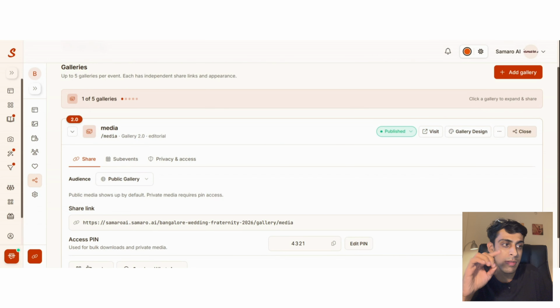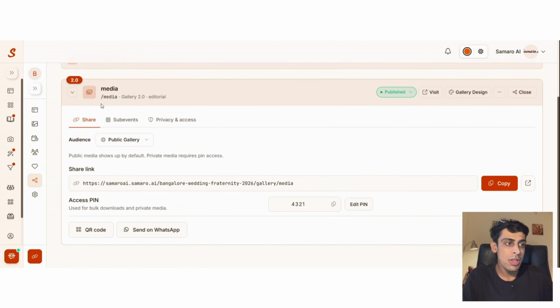The first gallery is created by default, so it shows 1 out of the 5 galleries. That means the first gallery has automatically been created. You can create 4 more galleries of the same event. What exactly this function means, I will explain in detail as we move forward. To give you a brief here, if I go to the sharing option of the first gallery,